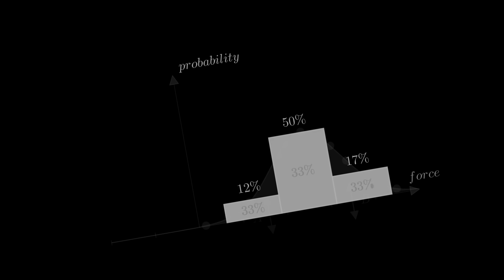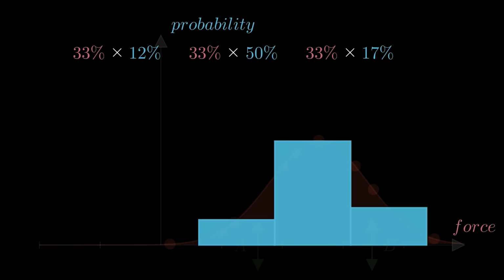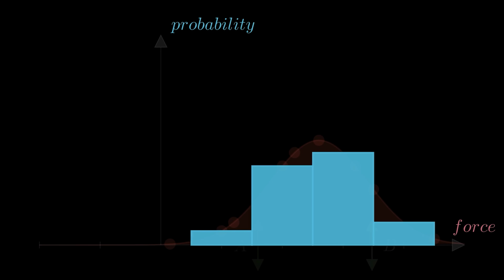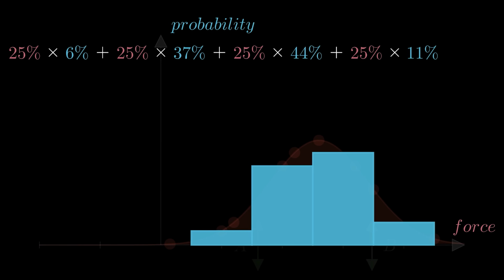Well, each of these forces has a 33% probability of getting picked. So, once again, we multiply these 33% by their corresponding probabilities, then we get 26%. That's the probability that the ball will make it in after we pick one of these 3 forces at random. Still, let's go once more, this time with 4 forces. We pick a random force, which means that each one of them has a 25% chance of getting picked. Now, here are the probabilities, and by now, you know the drill. Add them up, and we get